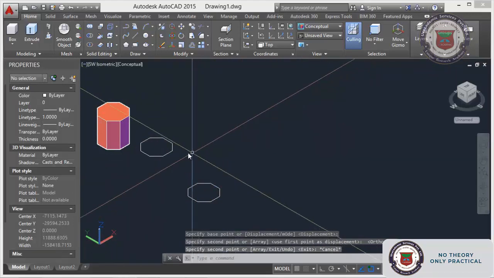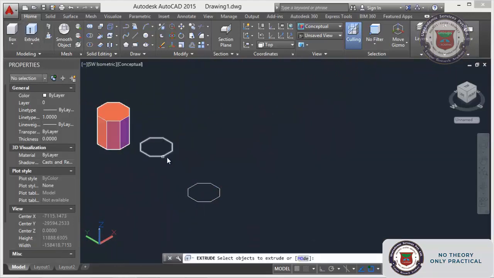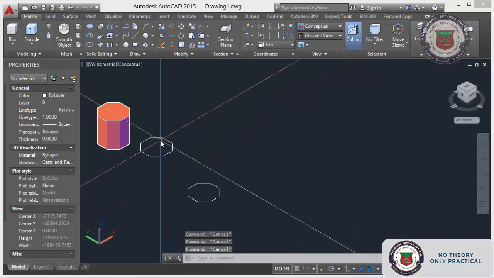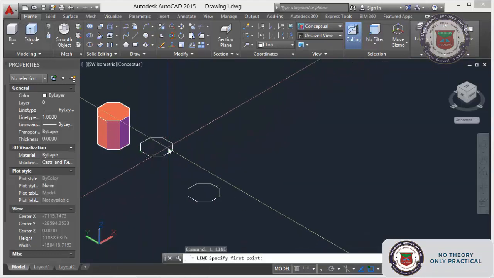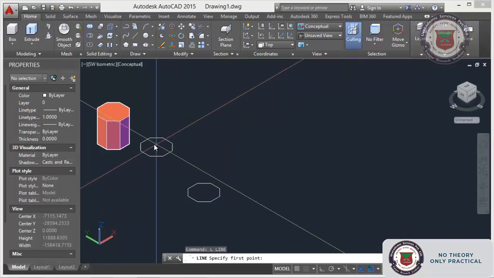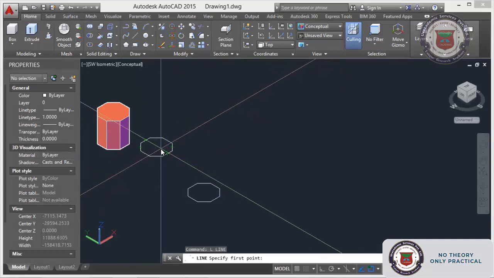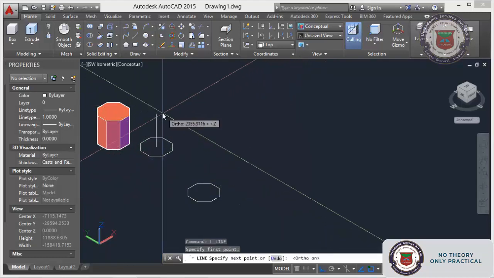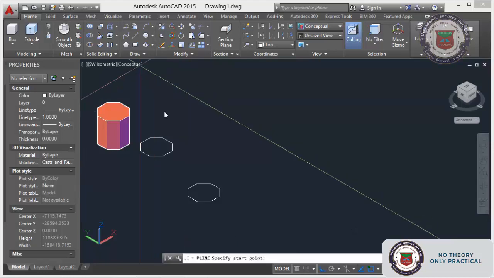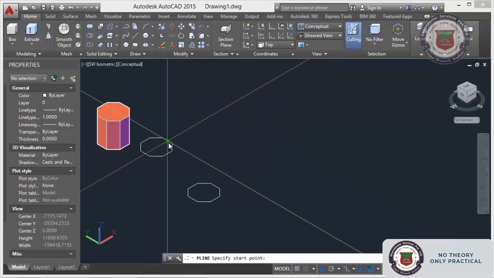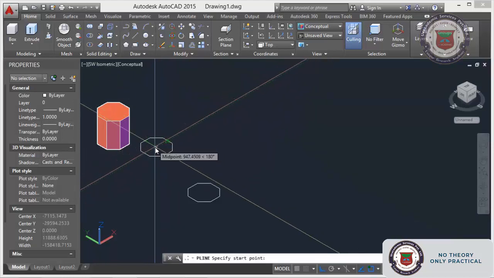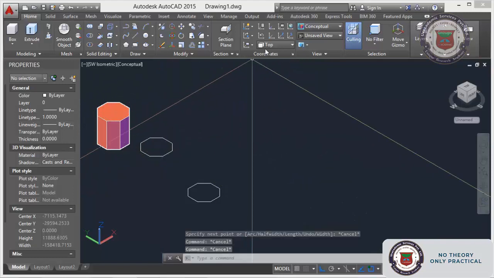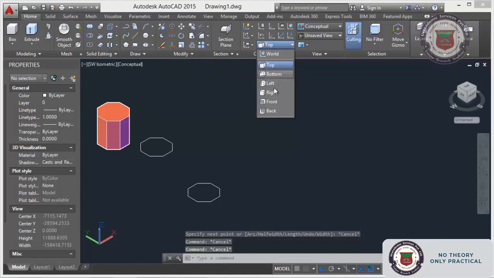Next is extrude, select object, enter, path. So for path we need to make the path. For that I need to make the polyline. I need to change the UCS to front view.